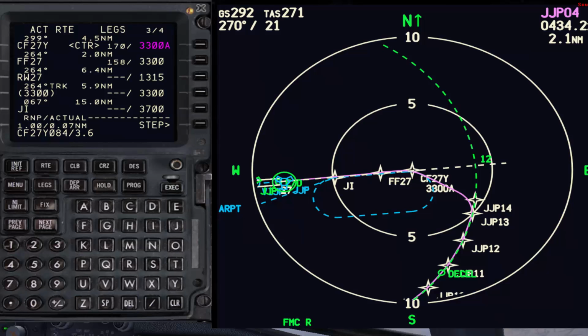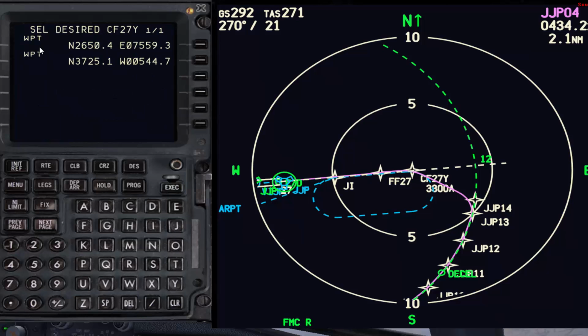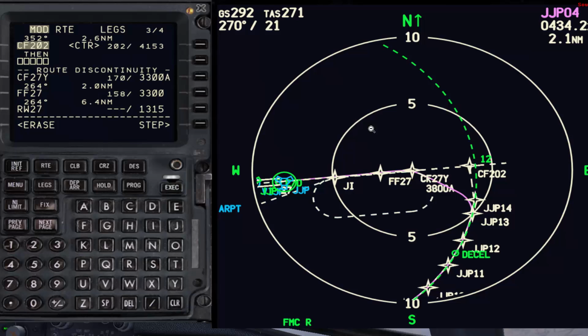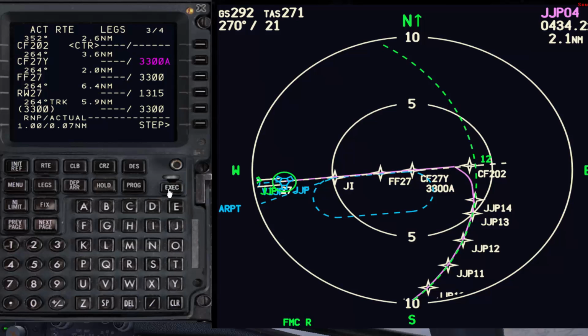And then I'll put it on the same point. Make sure to select the right coordinate. And as you can see now, we have almost a 12 point final, and I'm going to connect this point to it, and I'll execute. So now as you can see, it's a better turn from the last point in the arc